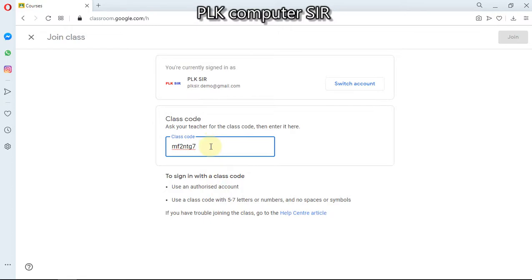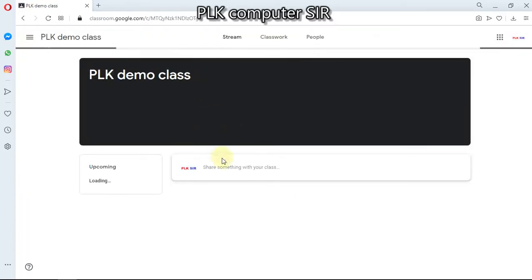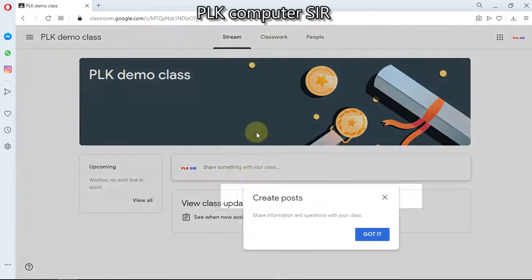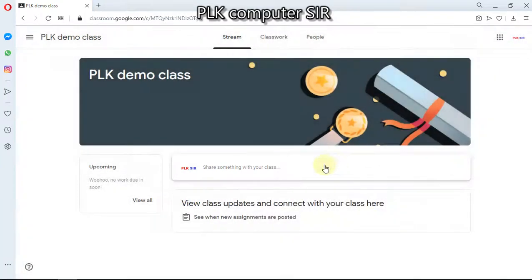If you are on mobile, to copy it, go to any messenger group where there is the code. Long press for 3-4 seconds, there will be a copy option, and again come to this page, press for 2-3 seconds, there will be a paste option, paste the code. Then join. After joining, you will be able to look at the class information, everything. So my dear students, I have connected.